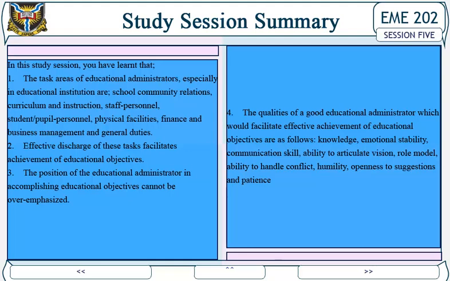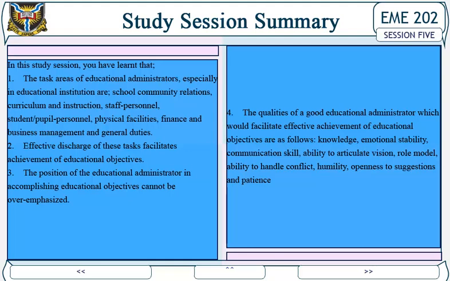12. Openness to suggestions. The educational administrator must be open to suggestions. This calls for good human relations and ability to relate freely with staff. This will avail him of opportunity to have subordinate input in the decision making.